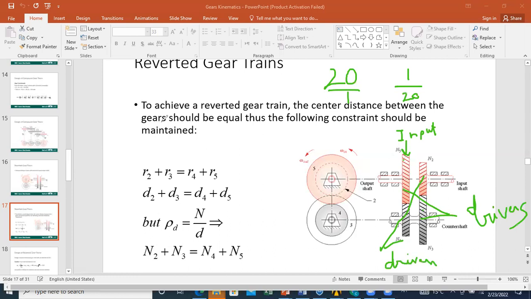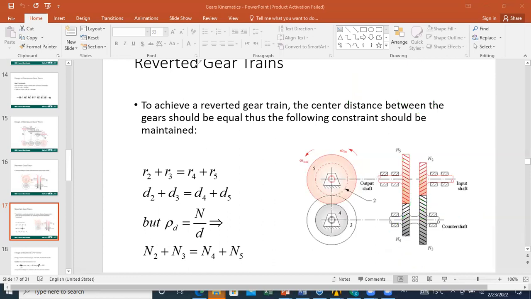so this is why you will notice in problems that sometimes they ask for 20/1 and you work with 1/20, because the final set is the same. I just change which one is the input and which one is the output. Okay, so